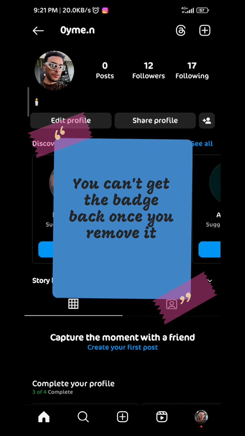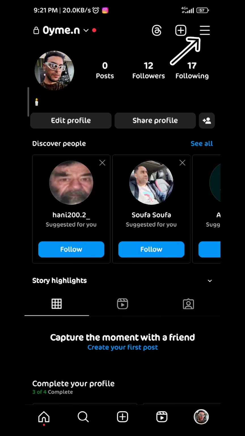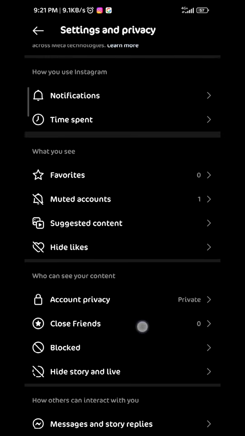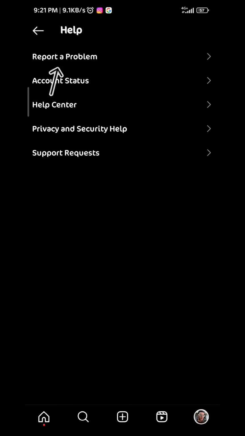in any way currently, but you can do something about it. Let's see how. First, tap right in the top right corner and then tap on Settings and Privacy. Scroll down to the bottom and tap on Help, tap on Report a Problem